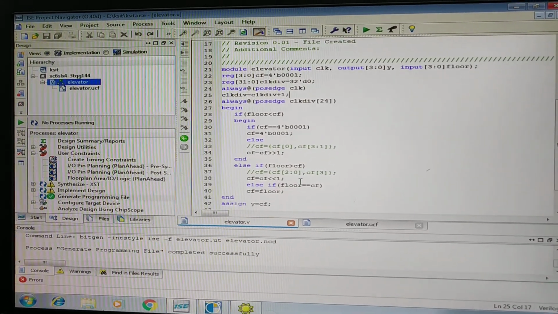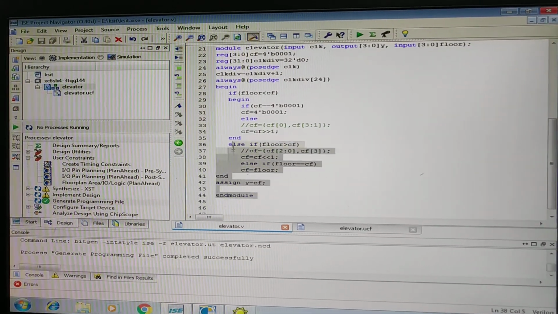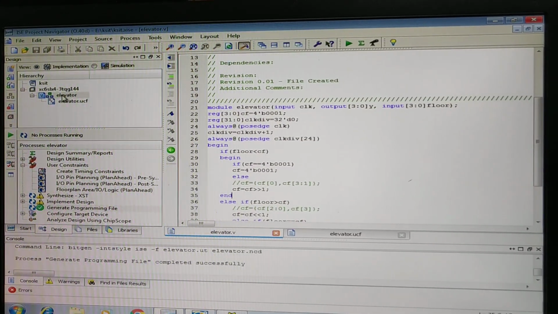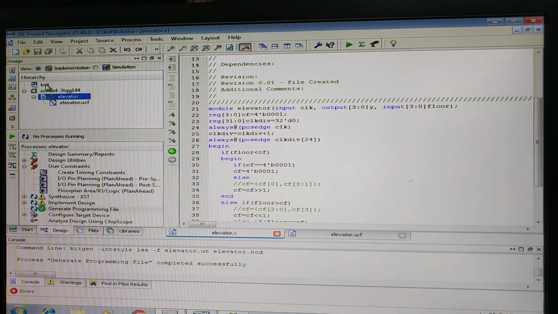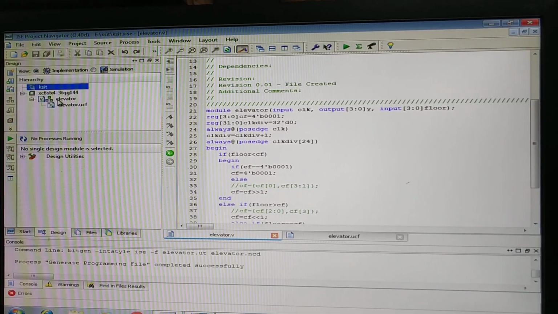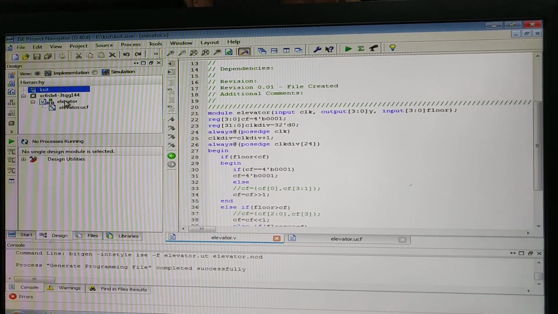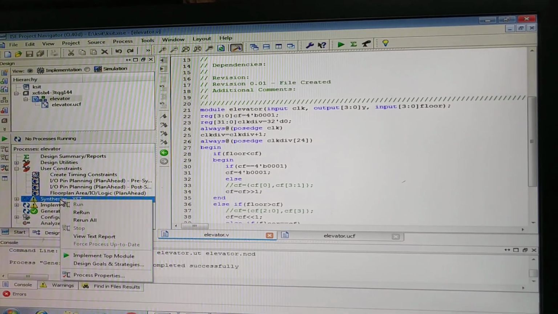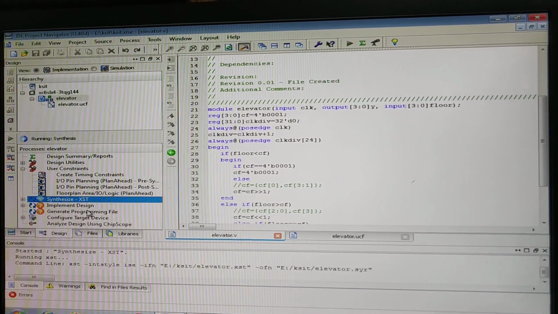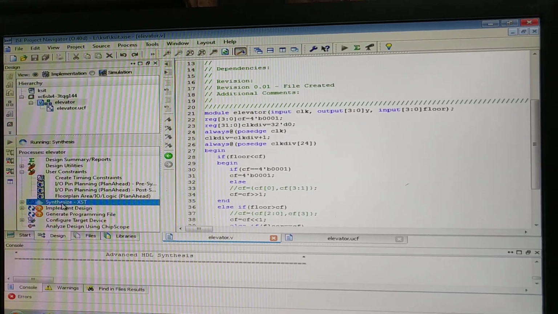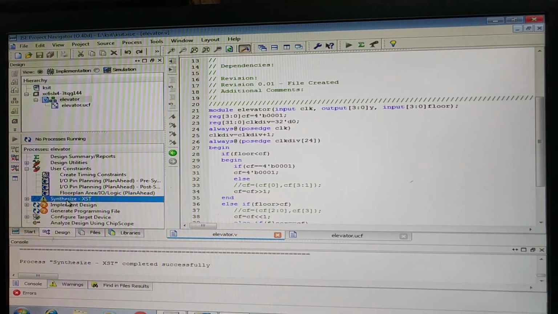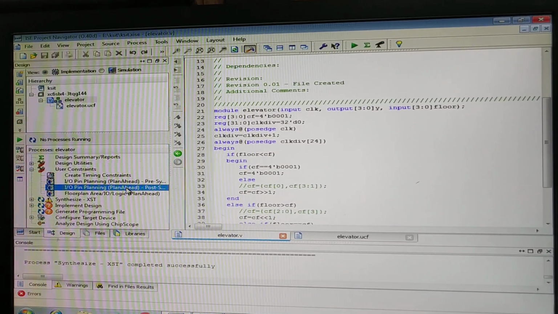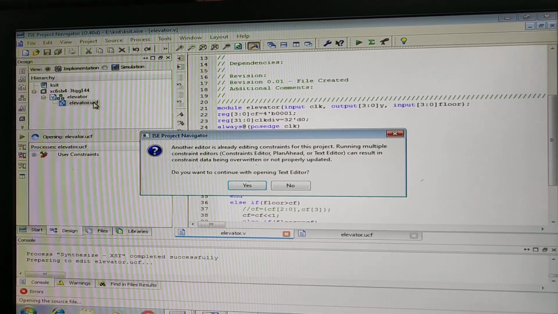This is the same program which I wrote on the board. I have taken the same program, and KSIT is my project, and I have attached this elevator program to the KSIT project. Now let's run all the processes, first synthesis, then IO pin planning post synthesis, which I have already done.